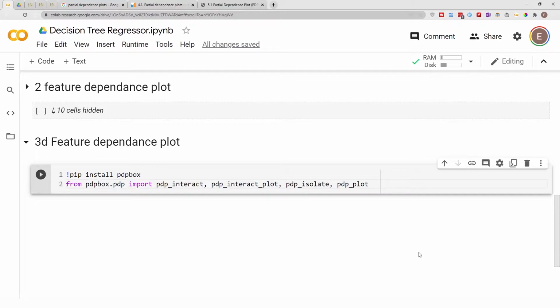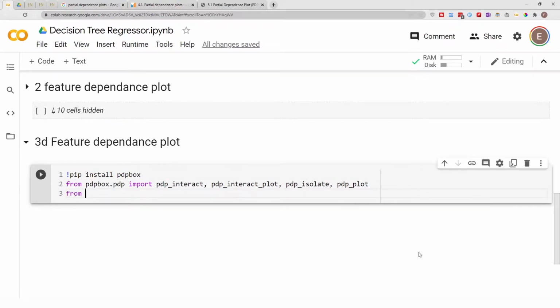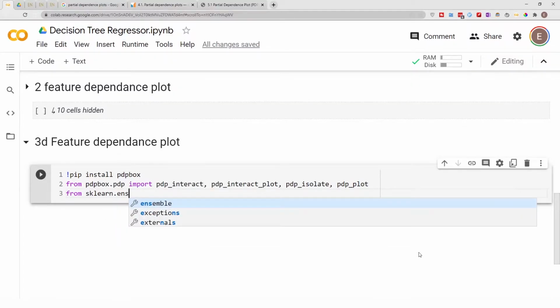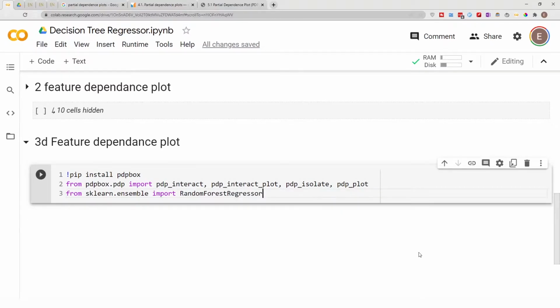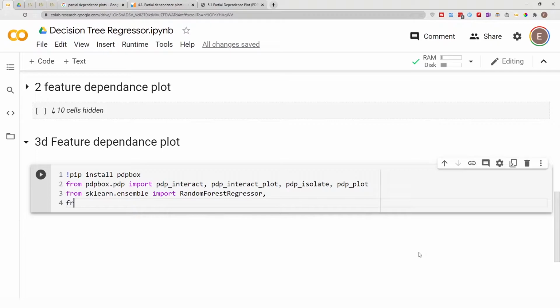So just go ahead and import everything. And then you also need to do from sklearn.ensemble import RandomForestRegressor, and then import seaborn as sns,